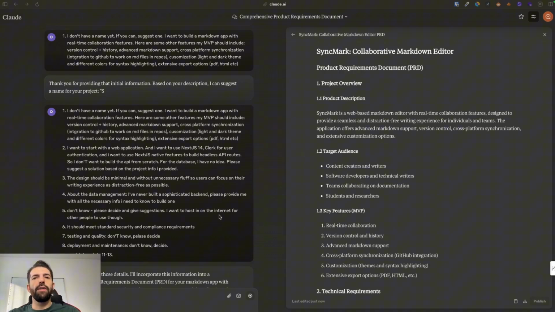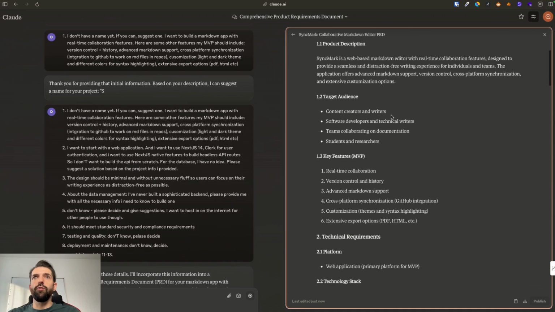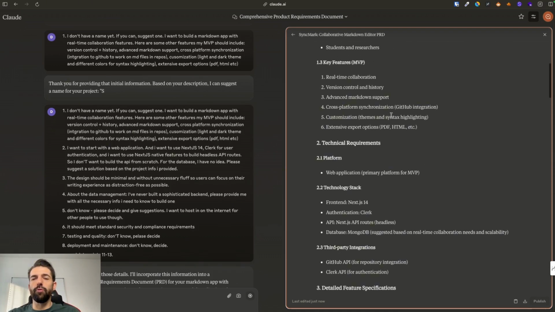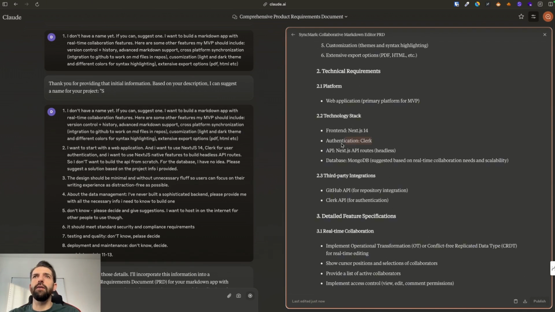After you've answered a bunch of questions, you will get a first draft of a project. It's called the project requirements doc, not product, the PRD. And usually what you want to do is scroll through it, skim through it, and try to understand most of the things. So in my case, I provided it with the information that I want to use Clerk